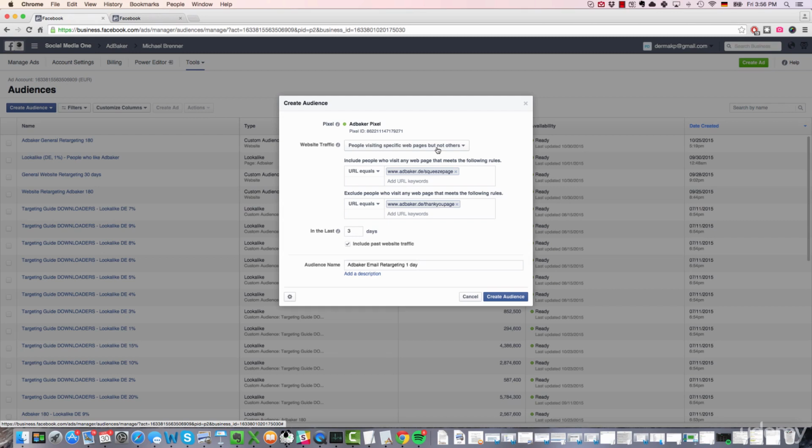So you really want to reach out to those who made it to the squeeze page but not to the thank you page. So in this section, you have to paste the full URL of your squeeze page, okay? So just copy paste it, enter it here, and select the option URL equals. And then you want to exclude the people who visit a very specific web page, and that's the thank you page, okay? So again, you want to grab the full URL of your thank you page and then just paste